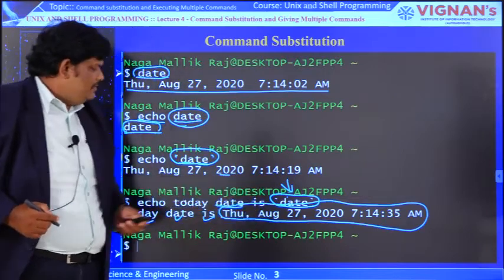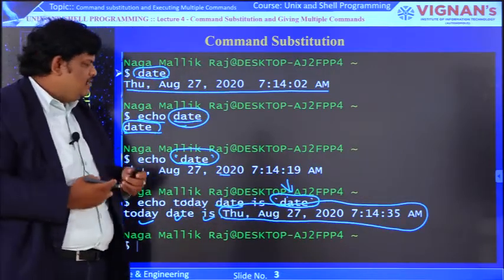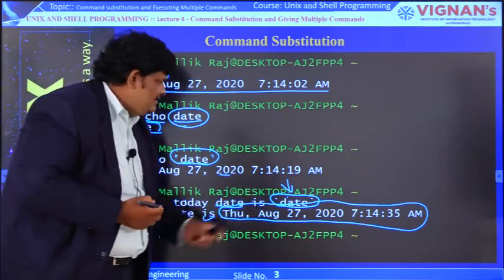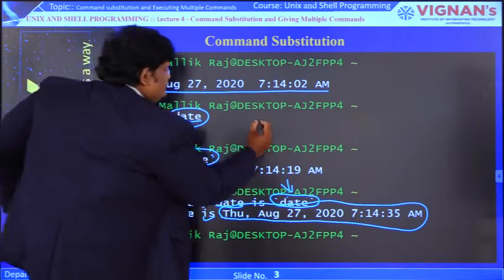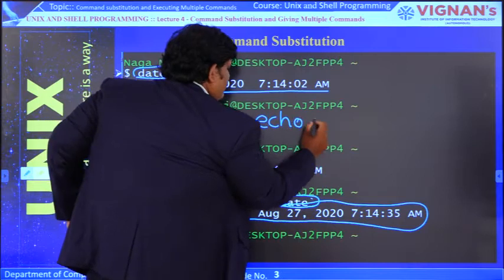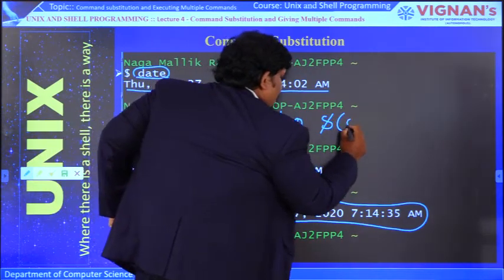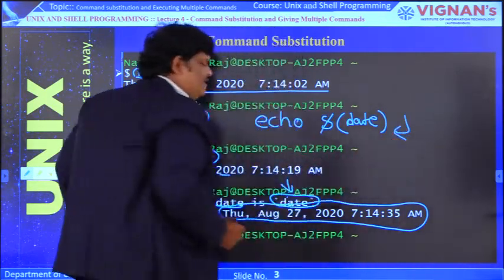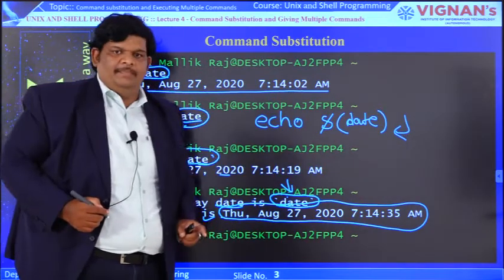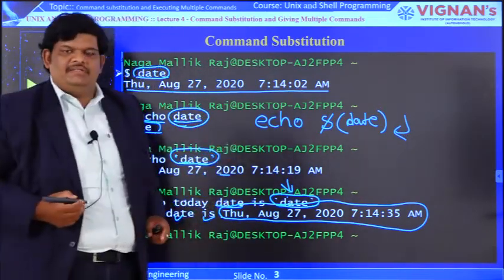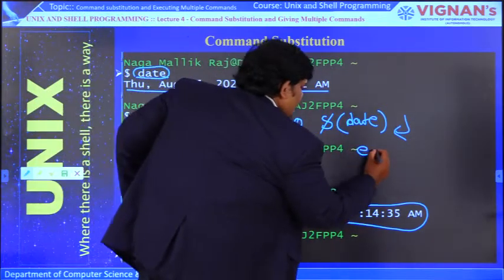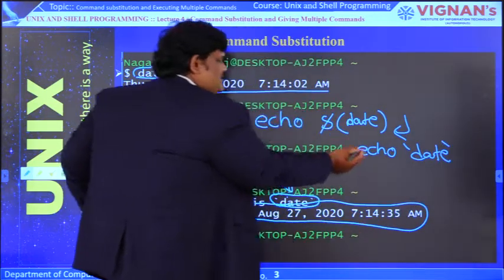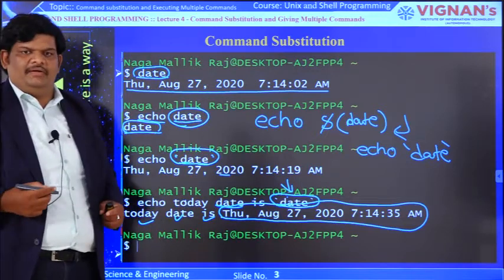In this way we are going to use command substitution. We can execute our command in the middle of the command line with the help of backquotes. Or another syntax is also there. We can write it like this also, for example, echo, then the dollar symbol, and press enter. Now the date command output will come, because in two ways we can represent command substitution: either this one, or the command within backquotes. So in these two ways we can substitute the output of a command.